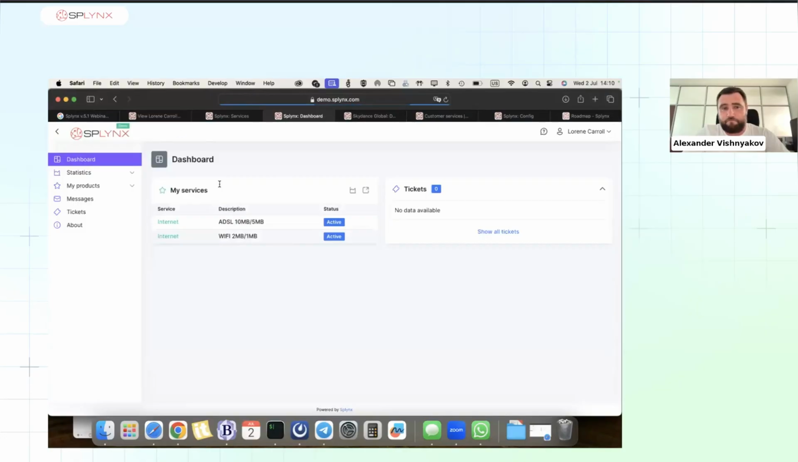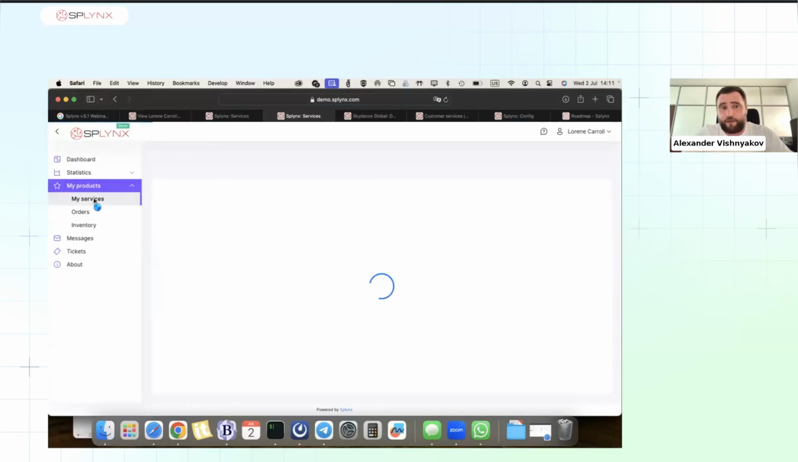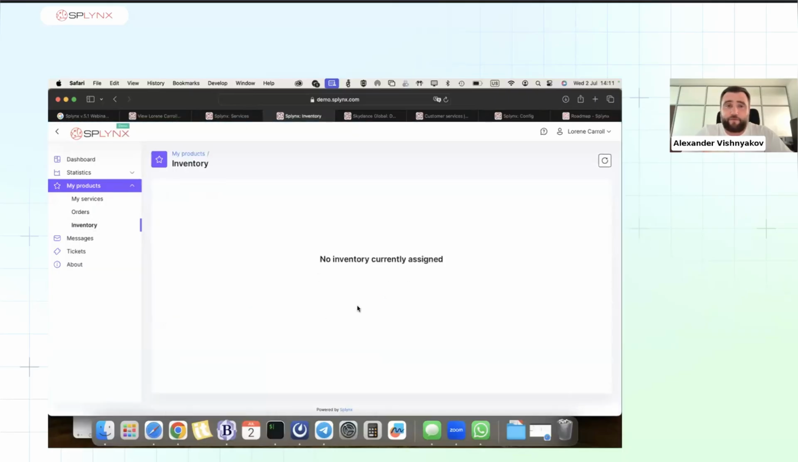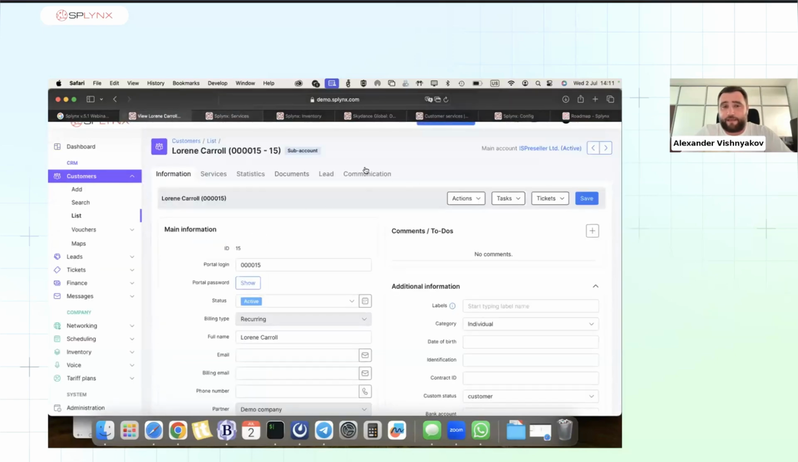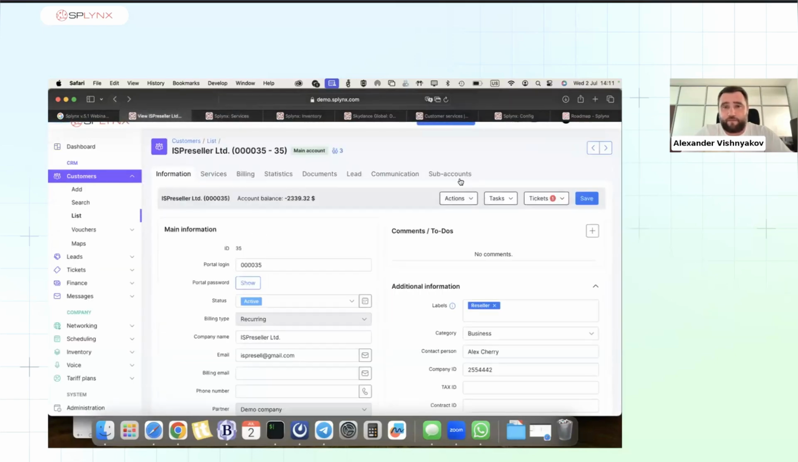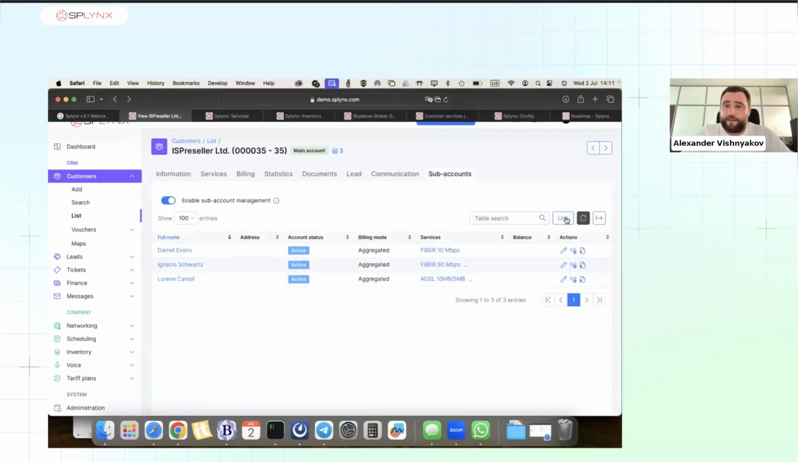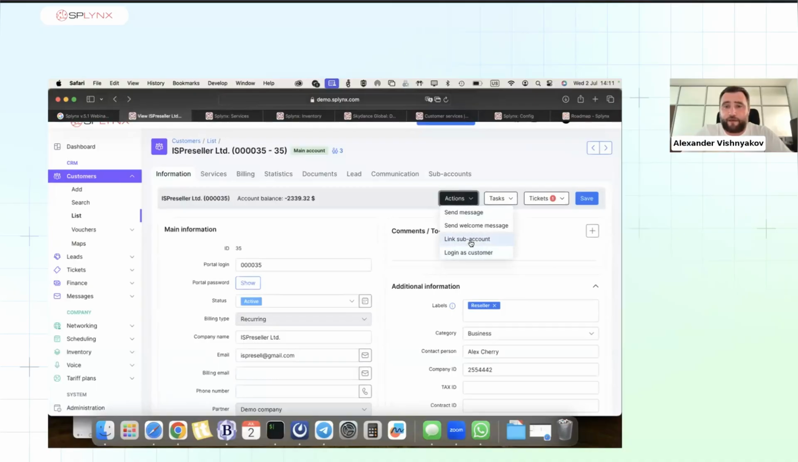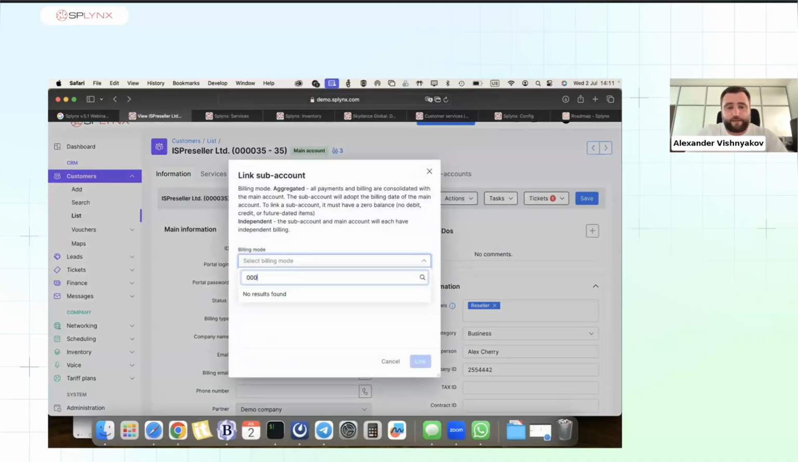So here I see my services. I do not see any invoices because everything is paid by the main account, but I got my statistics, I got my list of products, and I can order a new service. And if we have any inventory or any device connected there, it will also be displayed. As I said, the difference is when I connect a sub account. Let me connect one, for example. If I want to connect a sub account, there is a link button here, or I can do it from information, action, link sub account. And then I just select some customer,